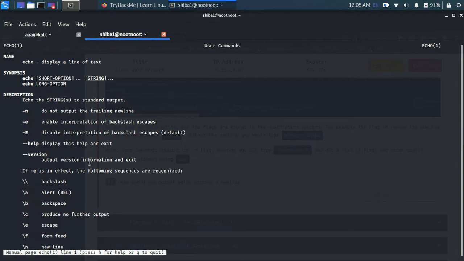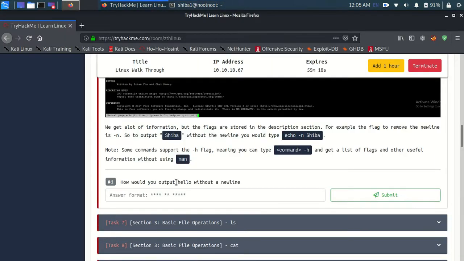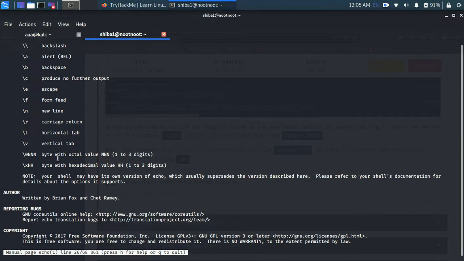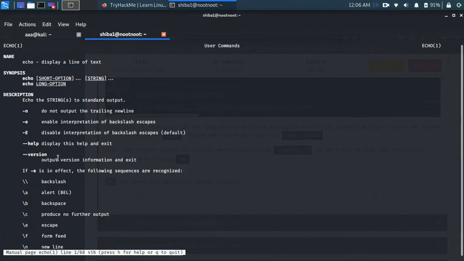Our question is, how would you output hello without a new line? Let's look if we have something over here. Do not output the trailing new line, -n. Okay, so we now kind of got our answer.